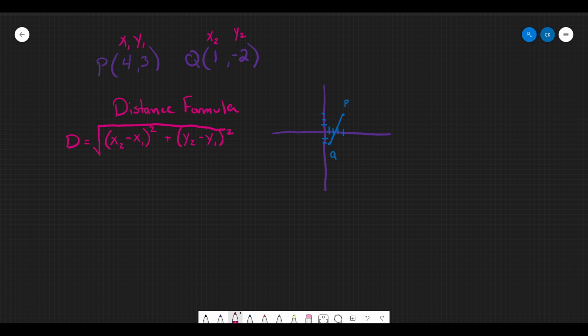So because we have a formula, all we have to really do is take my 2 points and plug it into the formula. So in the case of the problem that we have here,